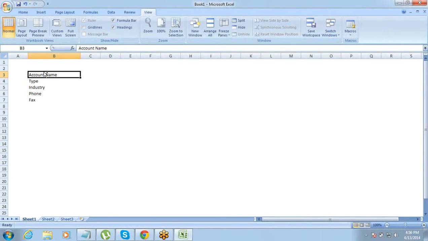I want to create a page which should display data of the account, only these 5 fields. Okay.